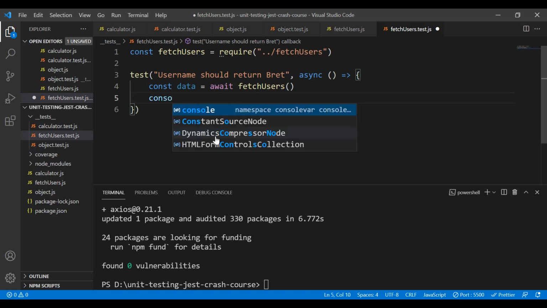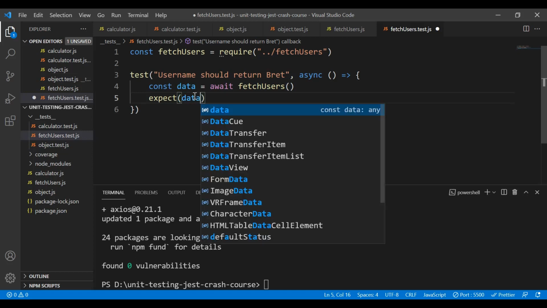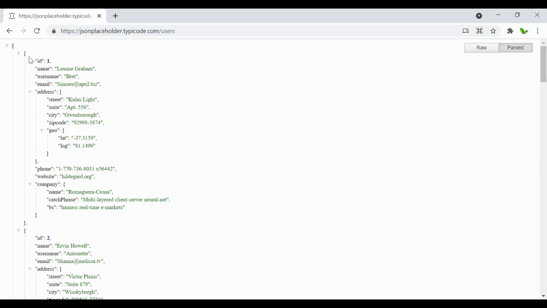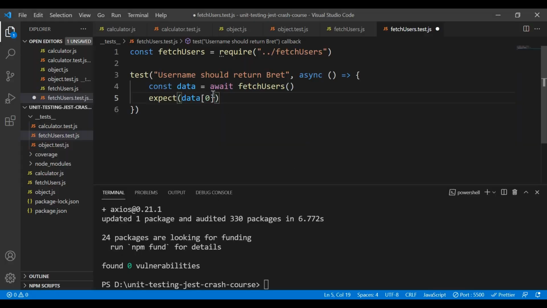Okay, so let's just quickly, I will also console log the data as well, but now let's just expect this one first. So this will be data, and we have a list of 10 users, right? But I only want to check for the first one for now. So this will be the index number 0 dot username and to equal